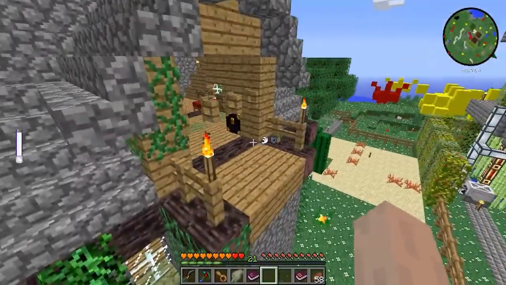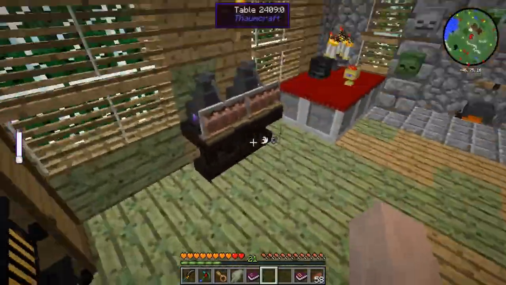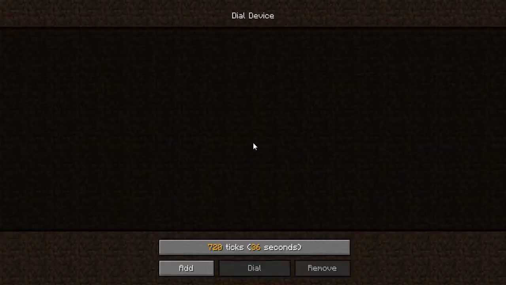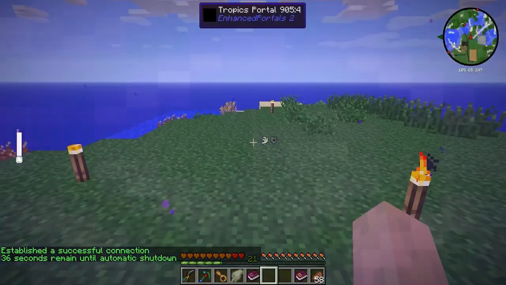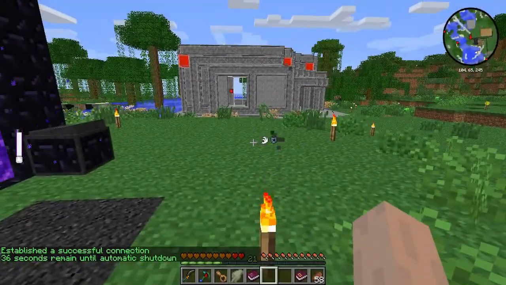And I guess that you see that little thing on the left side of the screen. I think that's the amount of... Oh, what am I trying to say? The amount of power that this thing has. So once I run out of it,